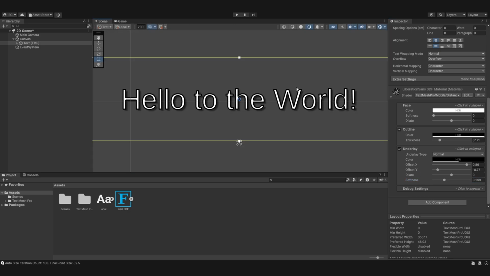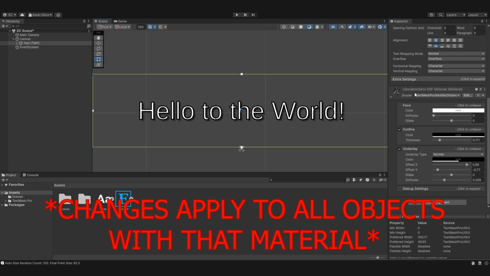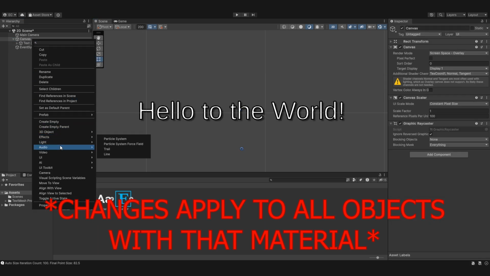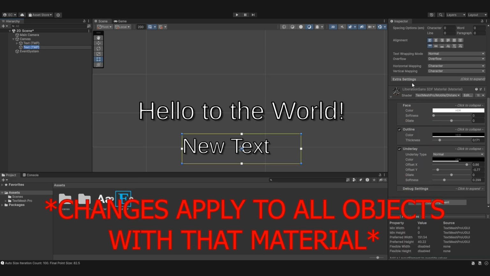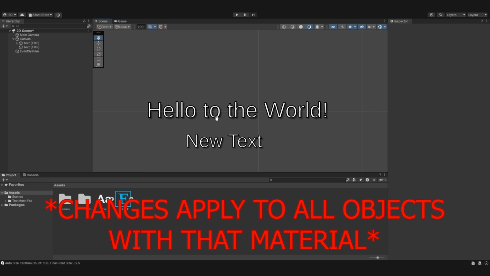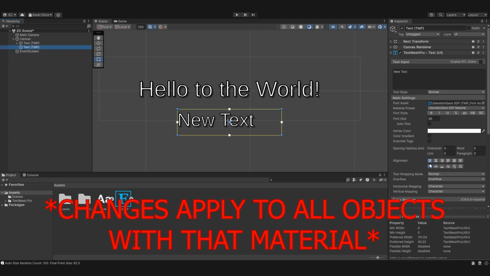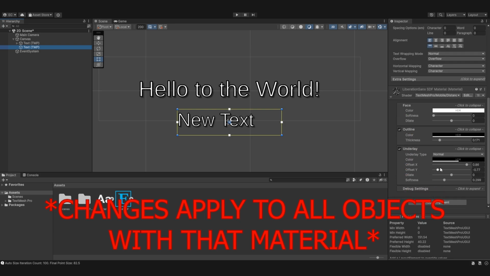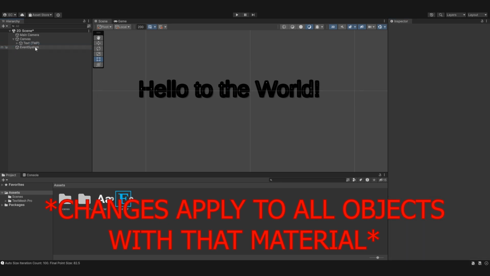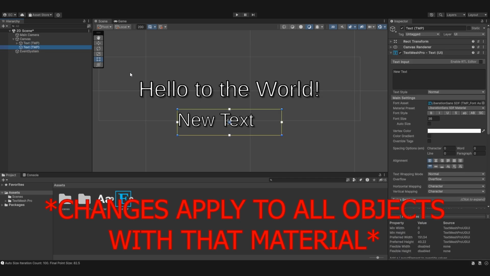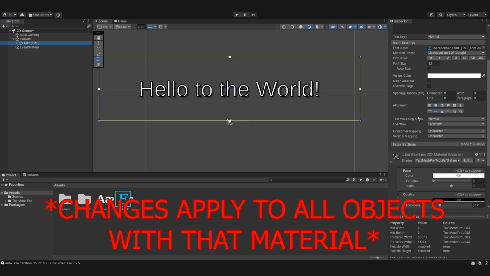And the only downside, it's very important to note this, the only downside to this is because this is a material for this font, any other TextMeshPros we make, so if I make a TextMeshPro with that exact font, because it's using the same material, it's going to have those settings. And if you change those settings, say I change the thickness to be thicker, it's going to change it to every text with that material in the project. That is the only downside to that, of course, but you can make some pretty cool things. Like if we add a gradient,